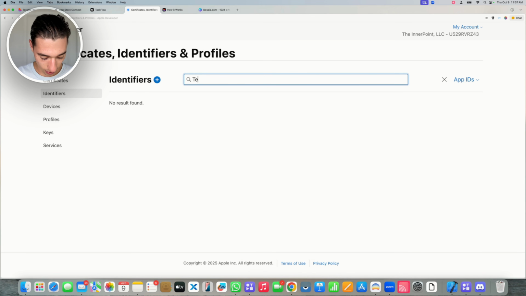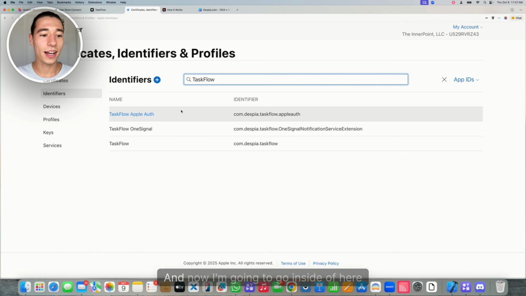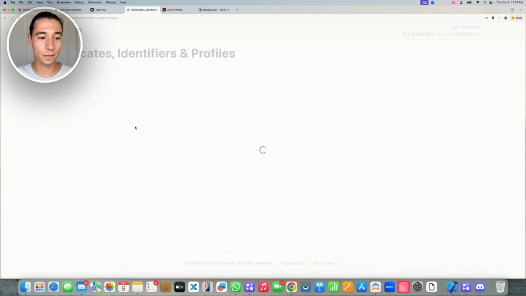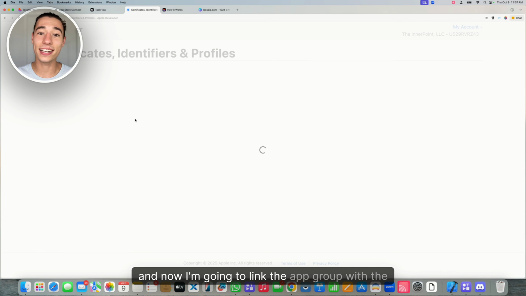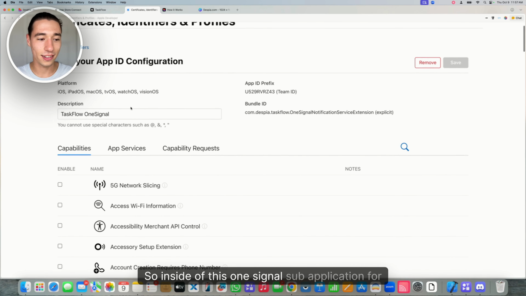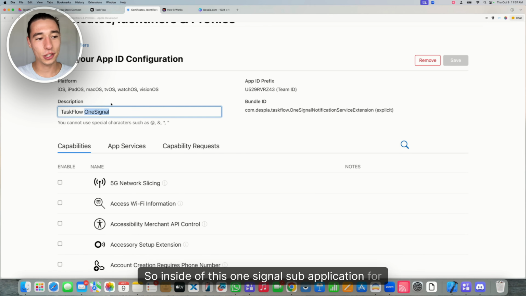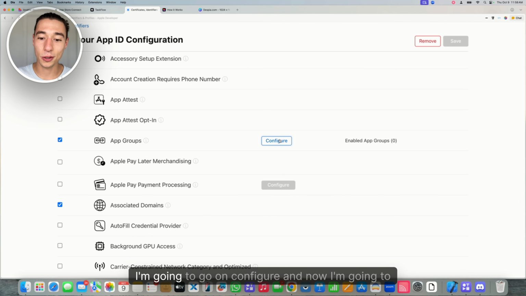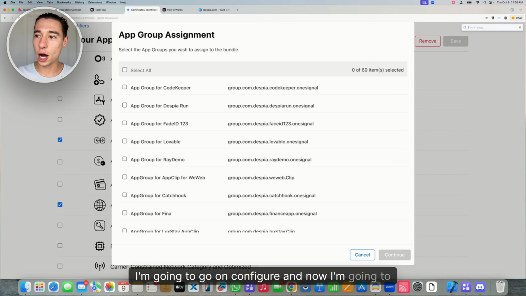So Task Flow, there you go. And now I'm going to go inside of here on OneSignal, and now I'm going to link the app group with the application. So inside of this OneSignal sub application for Task Flow, I'm going to go to app groups. I'm going to go on configure, and now I'm going to look for